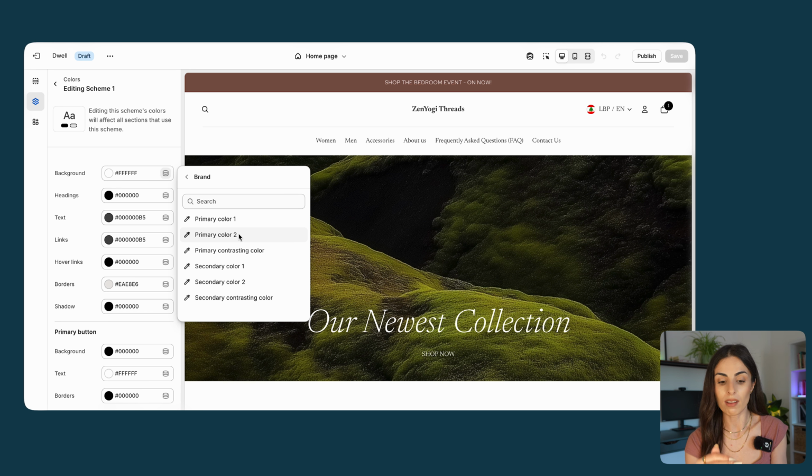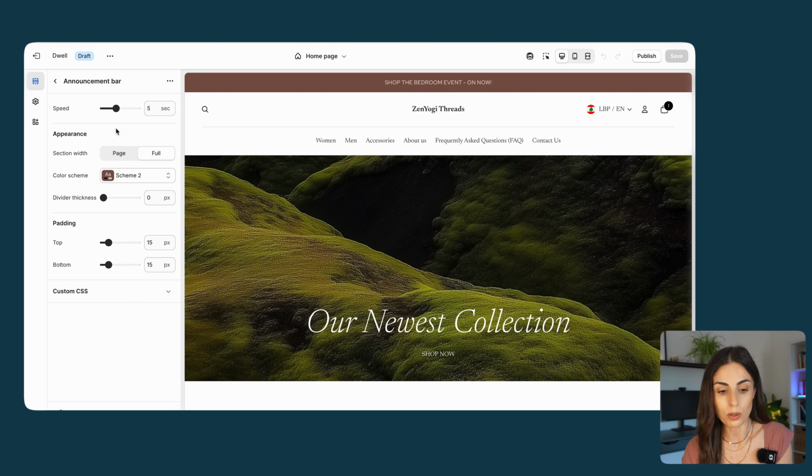And as you can see, you have these colors to choose from. These are the same colors you set up at the brand asset level. Okay, so going back in here, you have the announcement bar, you have the color scheme, you can choose the section widths, you can choose the speed of the announcement that's happening, and you can even change the padding top